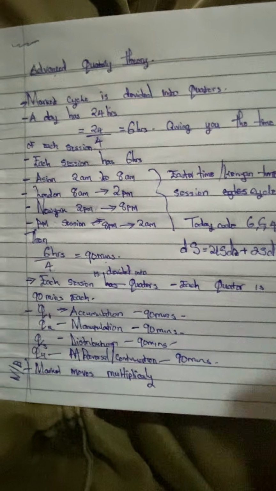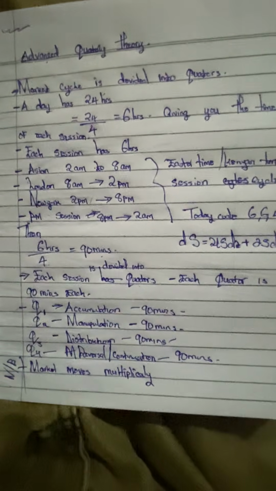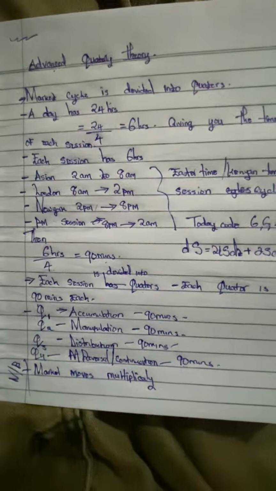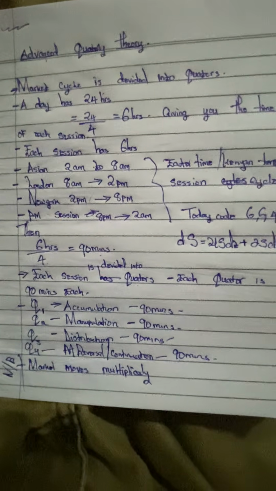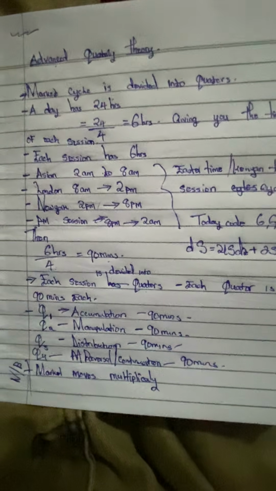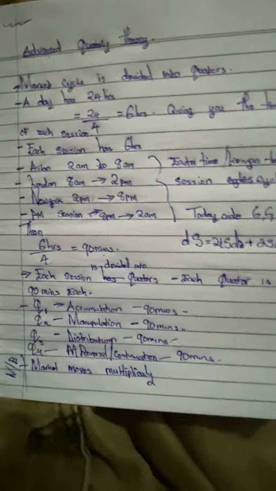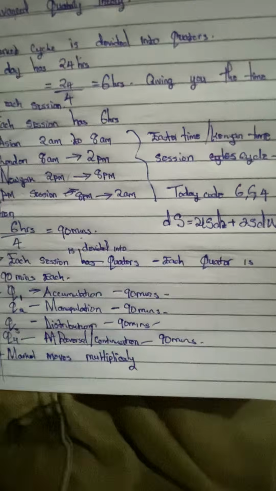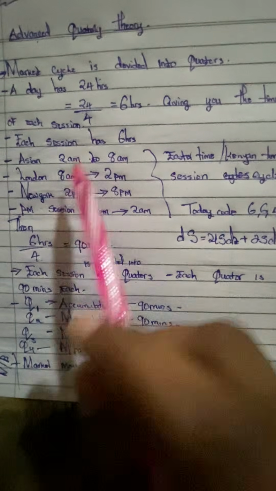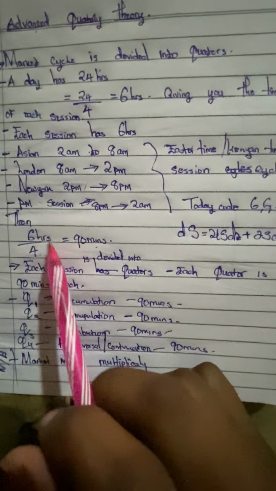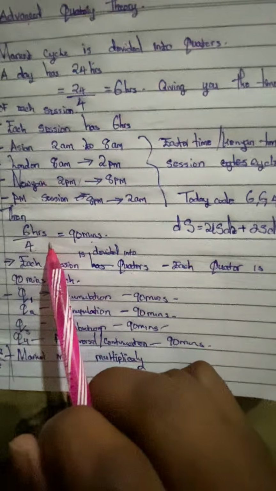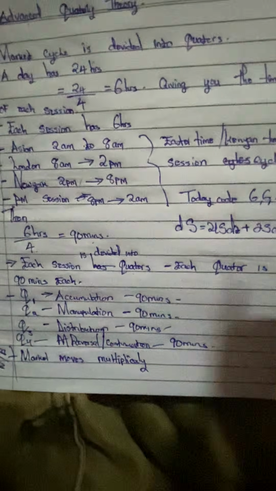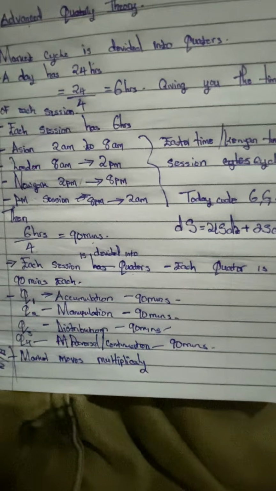So this is why you hear me saying the 90-minute cycle of the PM session, the 90-minute cycle of the London session, which is the distribution of London. You will hear most of the time I'm talking about the 90-minute cycle. Now, after you divide the 6 hours by 4, you will get the Q1, the Q2, the Q3, and Q4 of each session.